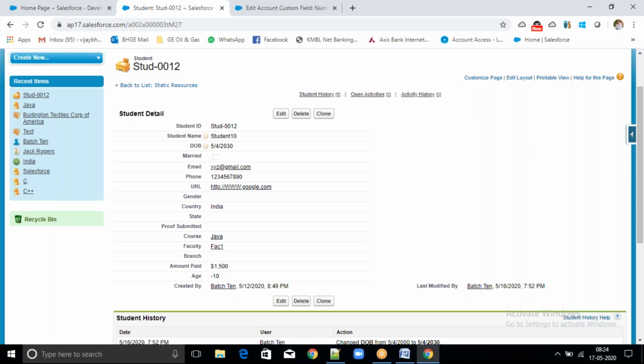If you select a past date by mistake, we have to throw an error. In this scenario, the date of birth should be a past date. If we enter a future date, we have to throw an error. So then a validation rule will come into the picture. Based on the business requirement, we have to write the validation rules.